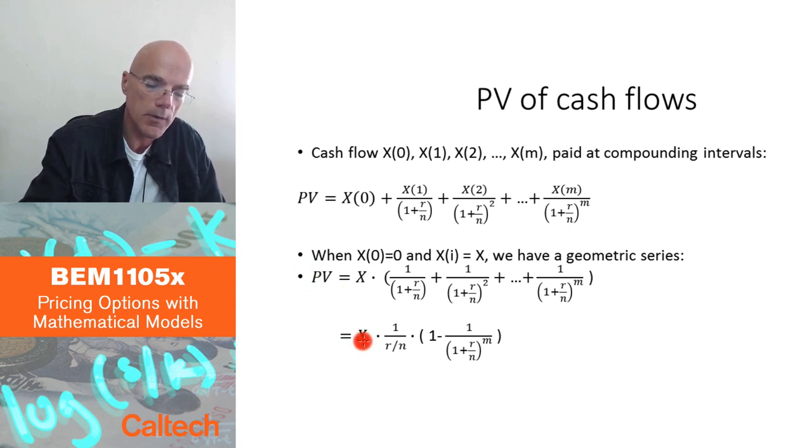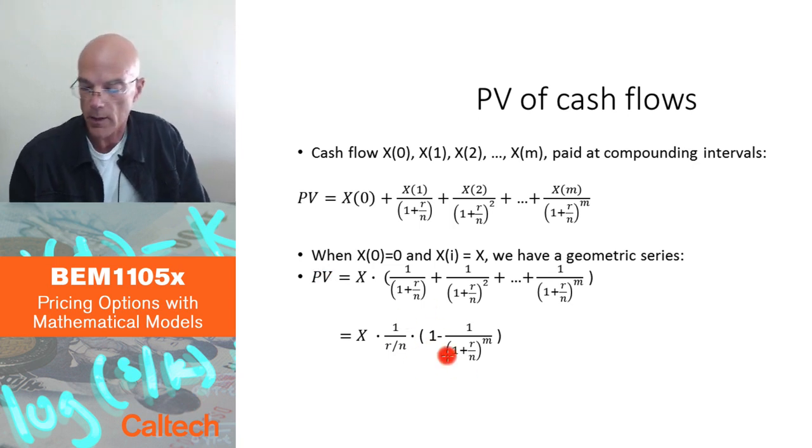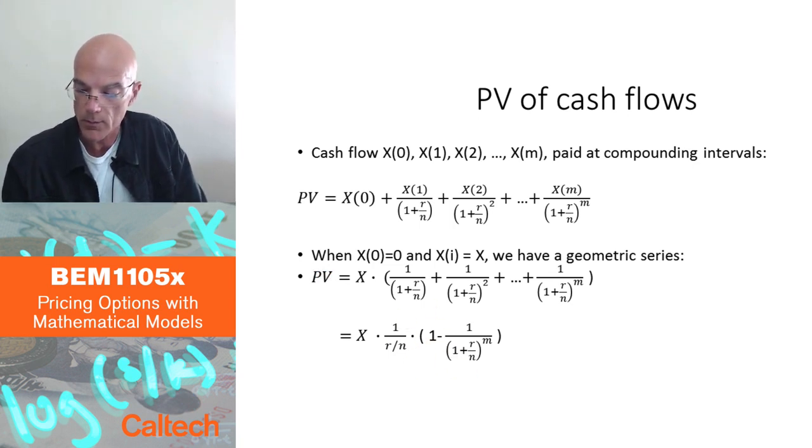Here I was pretending I know X, so I compute the present value of future payments. But in the loan example, I know the present value. It's the amount of the loan that I'm taking today. And I want to compute how much I will have to pay every month. So I want to invert this formula and compute X as a function of the present value. So I'm just going to divide by this factor here, and that's going to be the formula two slides from now. So let's go to two slides from now.